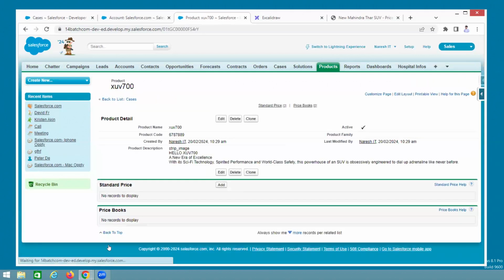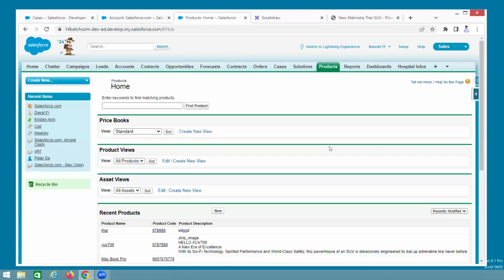Now the people are asking, one of the guys is asking about their pain. A customer is coming. In that case, I am using Salesforce, for example. That guy, the reception guy, can you please explain to me about the XUV 700 features and current price and everything, right? In that case,